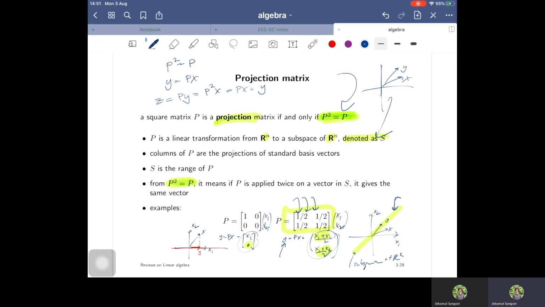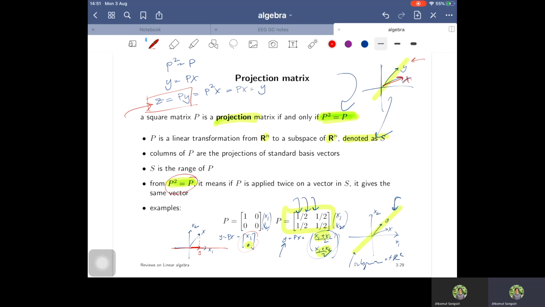Let me make this clear. The x is the original vector. In this example, let's say that y is a projected vector, suppose that it is projected on the green line. If I project y on the green line again, and call that vector z, then